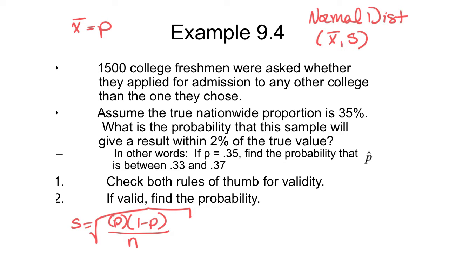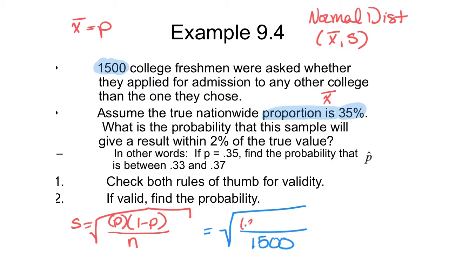1,500 college freshmen were asked whether they applied for admission to any other college than the one they chose. When I read this question, I realize that 1,500 is going to be my sample size. Assume the true nationwide proportion is 35%. So this 35% represents our population proportion. When I'm working with sample proportions, that population proportion is exactly equivalent to my sample mean. So p-value in this case is 0.35,